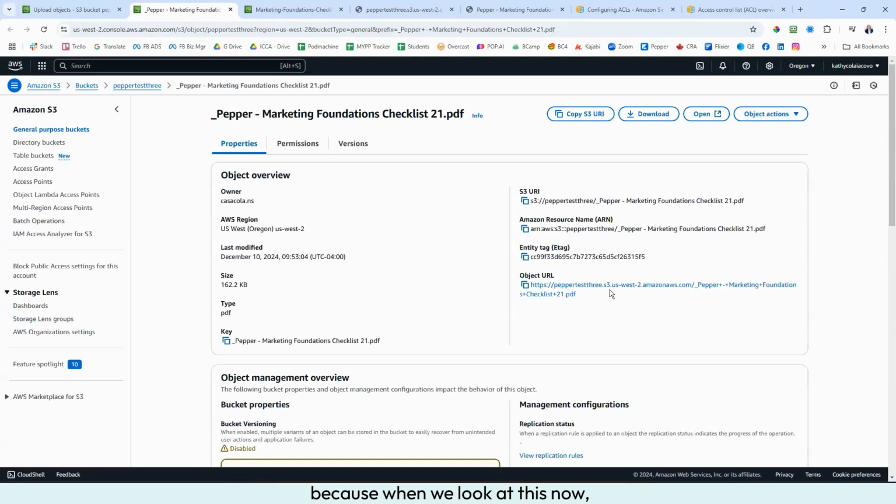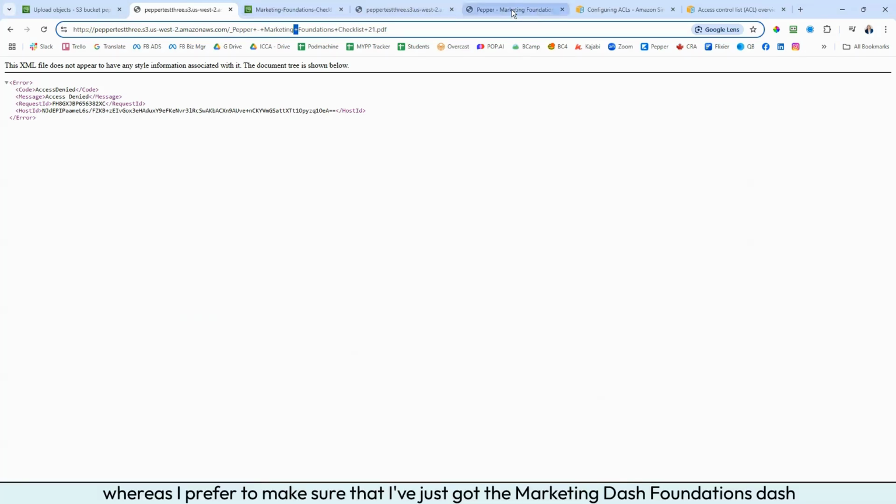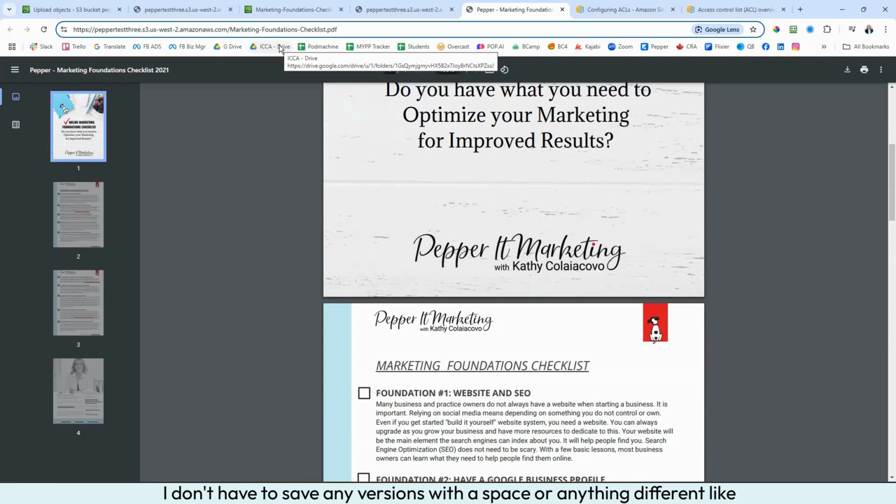Because when we look at this now, okay, they've changed this as well. So they put a plus symbol in. So now there's all pluses. So instead of the % sign, these plus symbols have gone in here. Whereas I prefer to make sure that I've just got the marketing-foundations-checklist. That way I know I don't have to save any versions with a space or anything different like that,